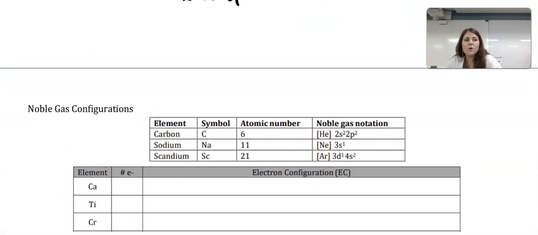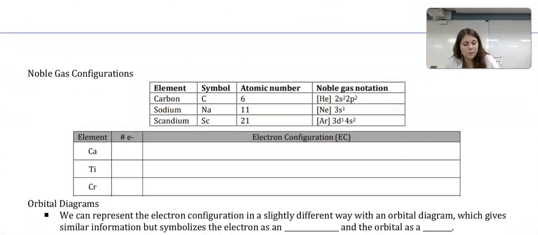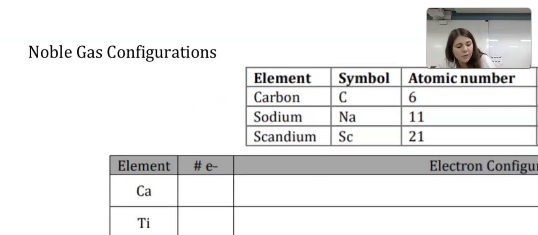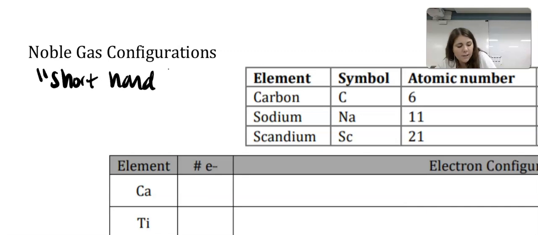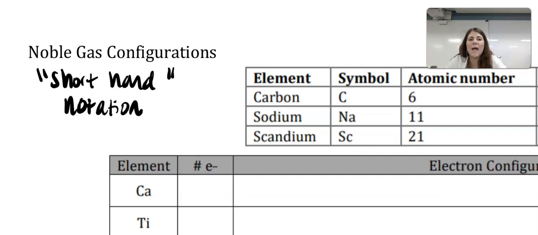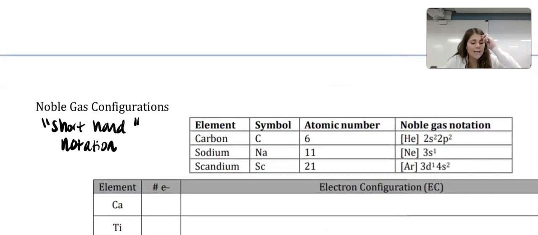Now we're moving on to noble gas configurations. Think of it as a shorthand. I don't know if you've noticed already, but it can be a little tedious writing out full electron configurations. If a test question asks to write out a full electron configuration, you need to write all of it. If it just asks for an electron configuration for something, you are more than welcome to do a noble gas